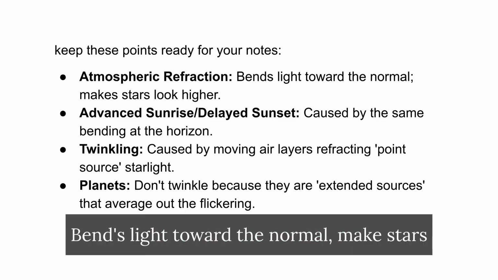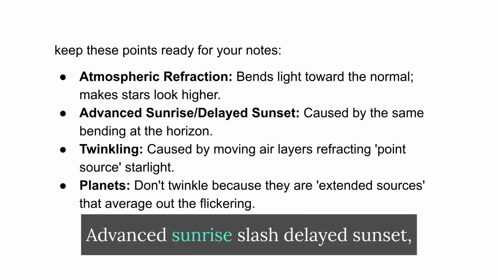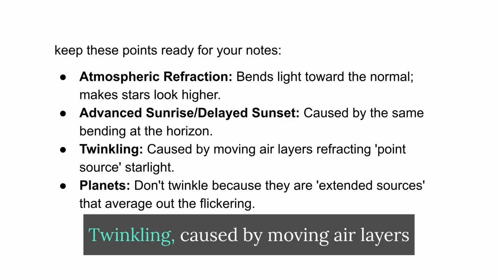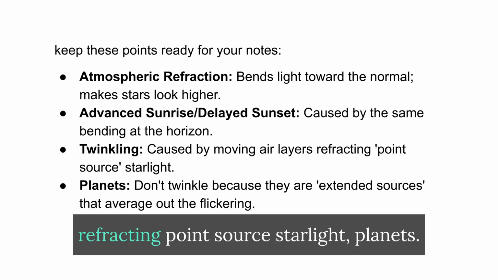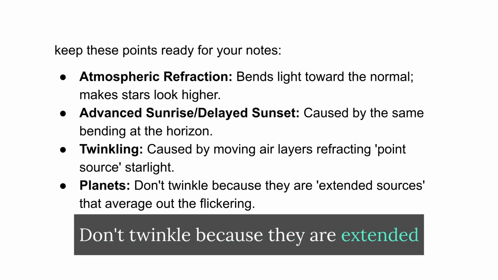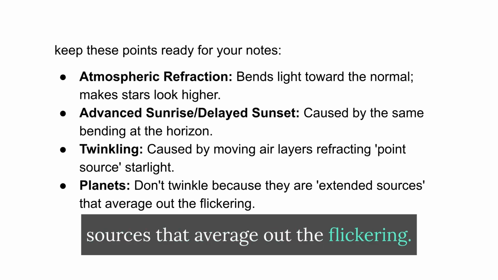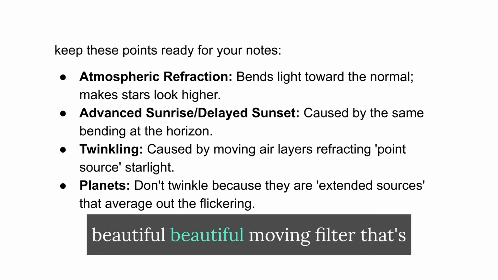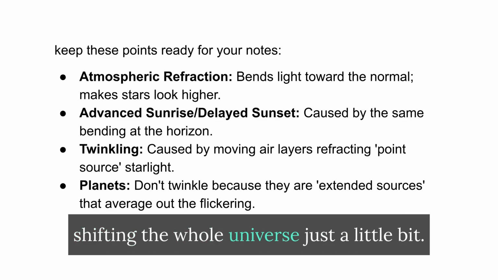Atmospheric refraction bends light toward the normal, making stars look higher. Advanced sunrise and delayed sunset are caused by the same bending at the horizon. Twinkling is caused by moving air layers refracting point-source starlight. Planets don't twinkle because they are extended sources that average out the flickering. Next time you're stargazing, remember, you're looking through a beautiful moving filter that's shifting the whole universe just a little